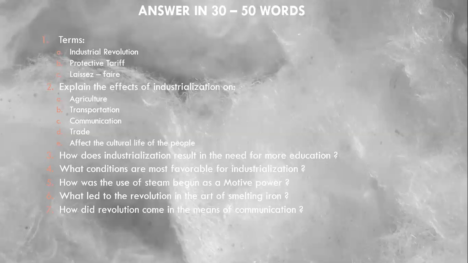Then there is how it affects the cultural life of people. The industrialization also gave impetus to literary activities and it deeply influenced the contemporary literature. It gave new inspiration to the poets and the writers. They made the deplorable and miserable conditions of the workers in the factories the subject matter of their poems and writings. They placed a touching pen portrait of their wretched life before the people.